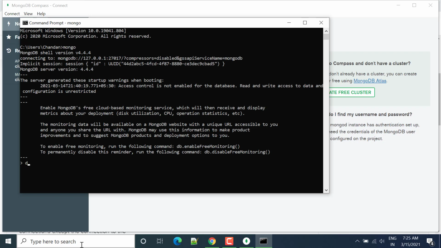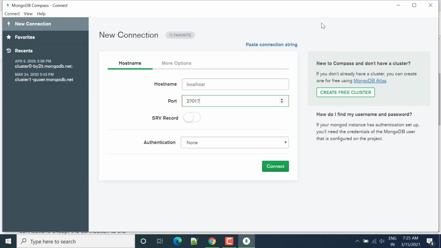Here you can write one command, db.getMongo. This method will return that it is connected to localhost, that is 127.0.0.1, and the port number is 27017. So I can use this port. Let's close here.